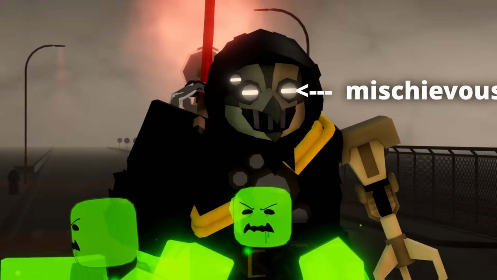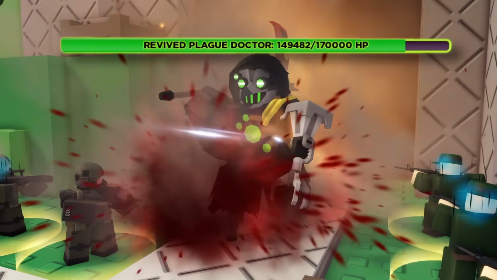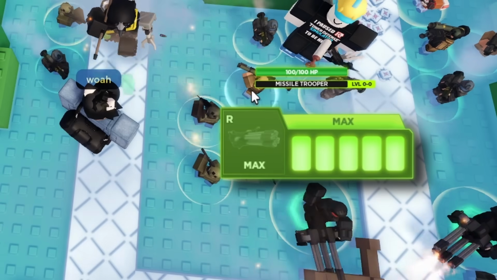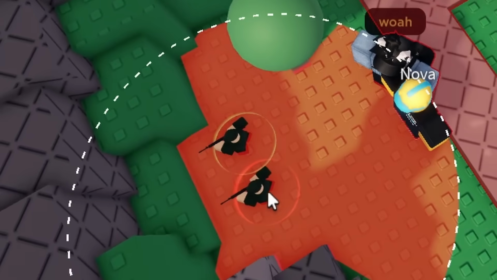The revived Plague Doctor, with his HP bar boosted by 130,000 in a fresh new fit. He immediately lit us up with his robo-arm gun thing, which straight up killed these operators here. Satori maxed out his Juggernaut, I got another maxed missile trooper, and then started placing rangers as baits, misdirecting another